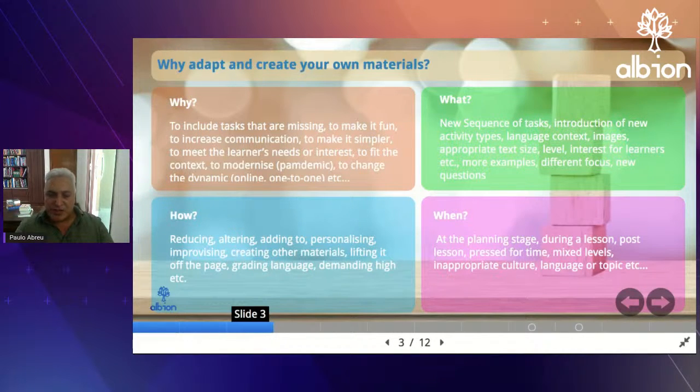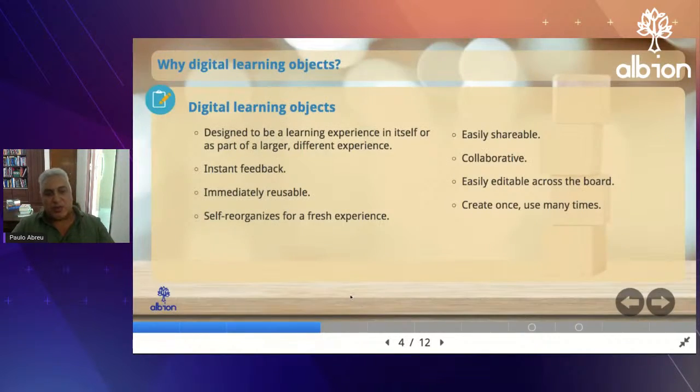Sometimes the material is inappropriate in terms of culture, sometimes language, or the topic. And those are some of the reasons and the whys and the whats we want to adapt materials on textbooks or even materials that we have created beforehand. Since we're talking about adapting, it is important to understand